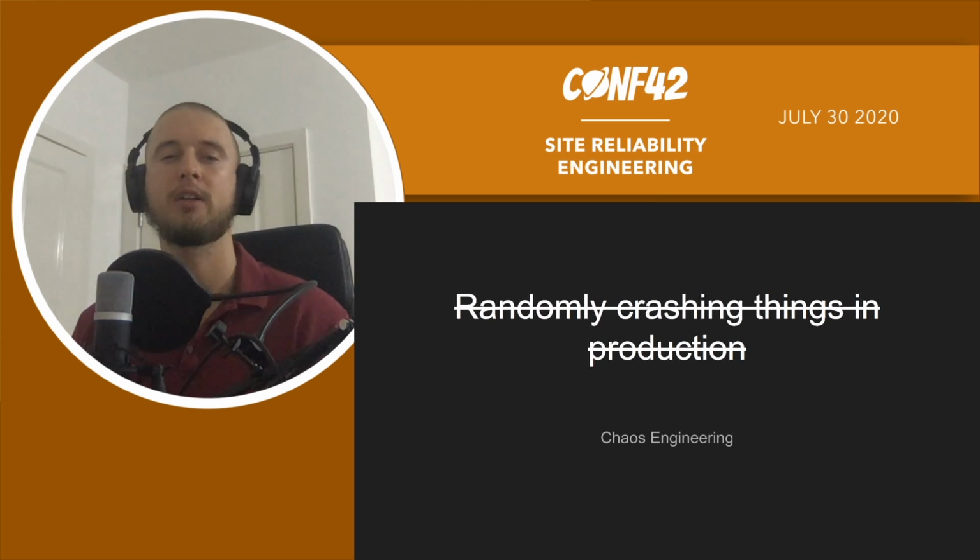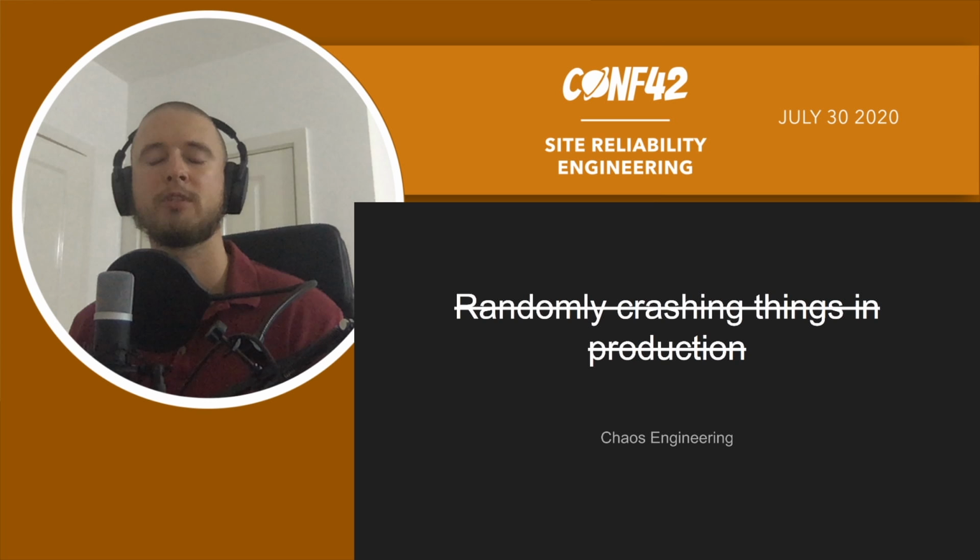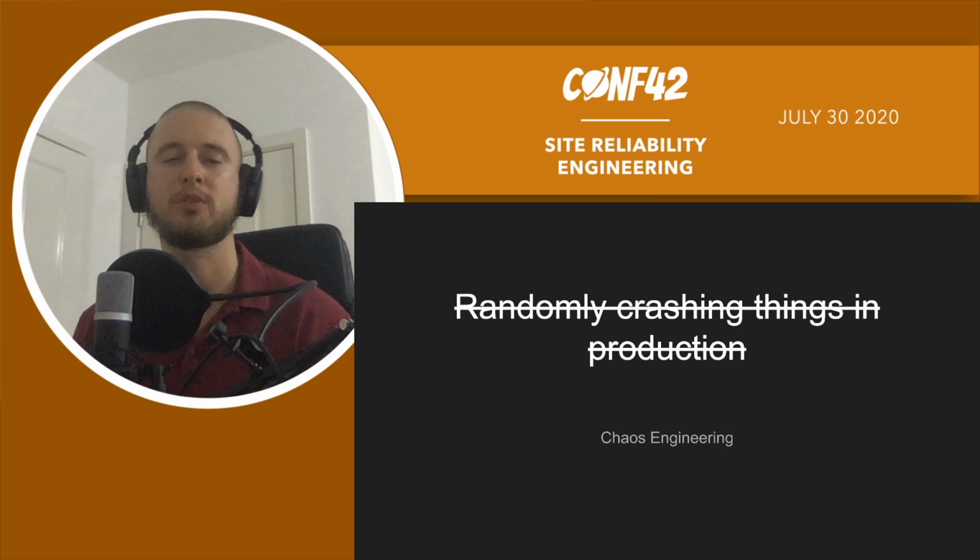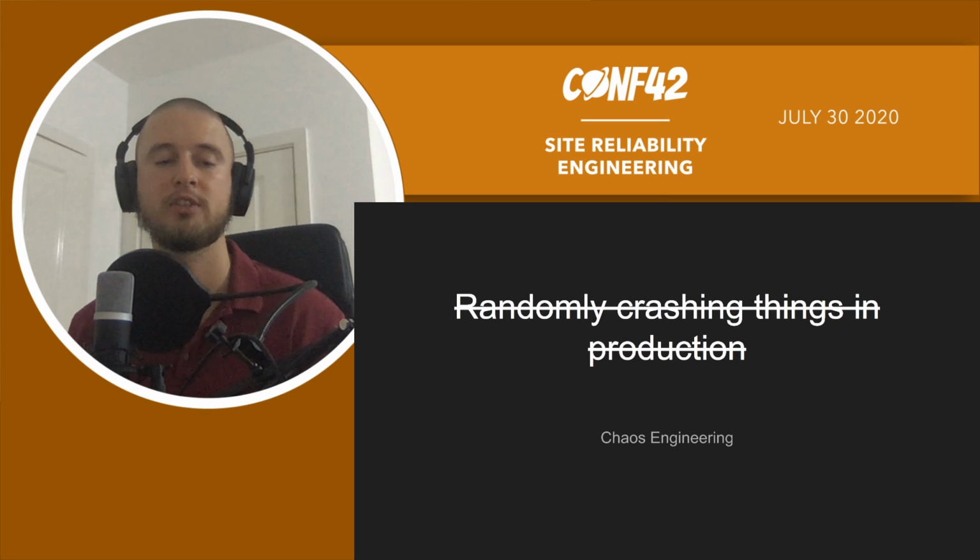If you are at the maturity level where you can actually run this kind of thing in production, that's great. Because if you think about that, you can never really 100% test anything before it hits production, right? Because you can try very hard to reproduce the kind of failure that you expect. You can try very hard to reproduce the same environment in some kind of test stage, dev stage, pre-production stage. But at the end of the day, there will be things that will be different. It might vary very, very slightly.